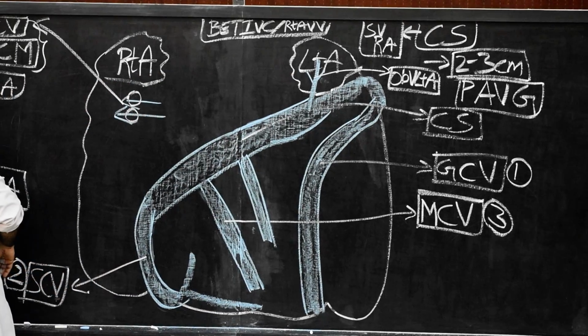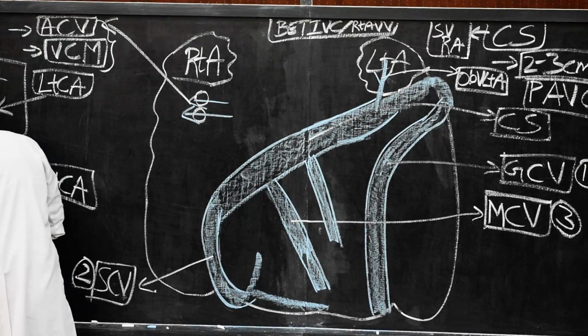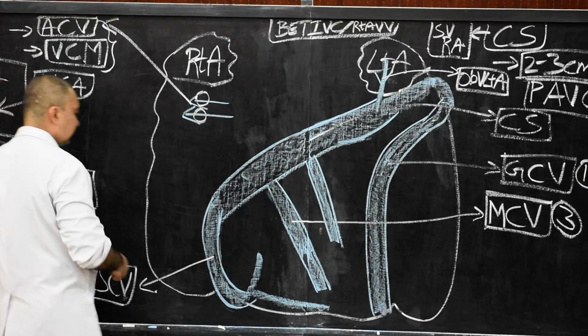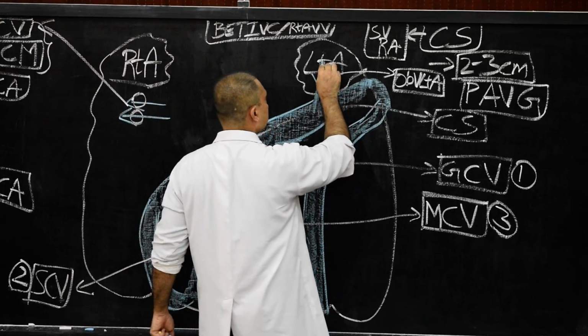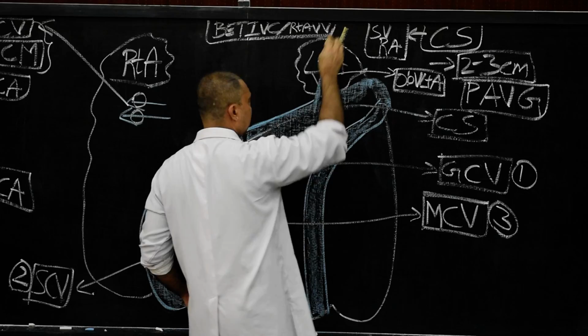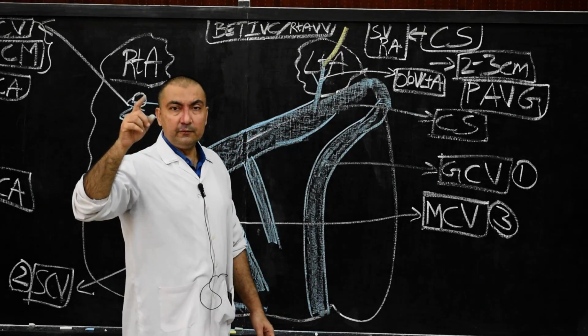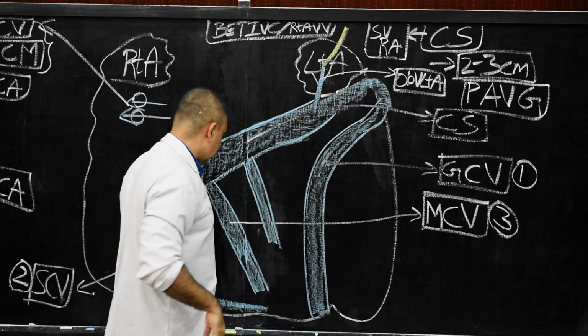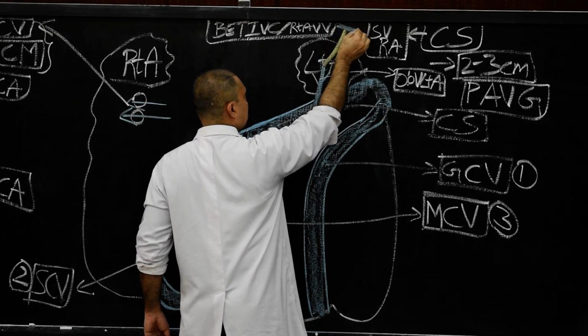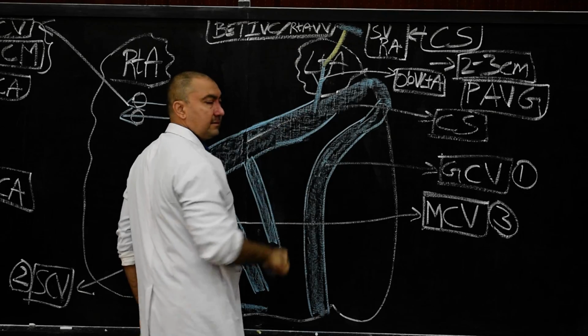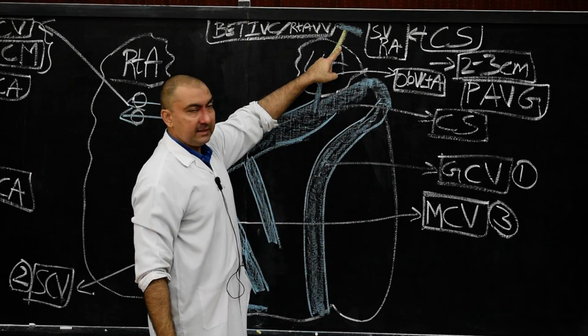That is one point. The second point is that this vein will be suspended. Now here I will show you with yellow color and green color. This vein will be connected superiorly. I will show you this connection. It is connected superiorly with the left superior intercostal vein. So here, for example, this is the left superior intercostal vein, and there is a fibrous thread.